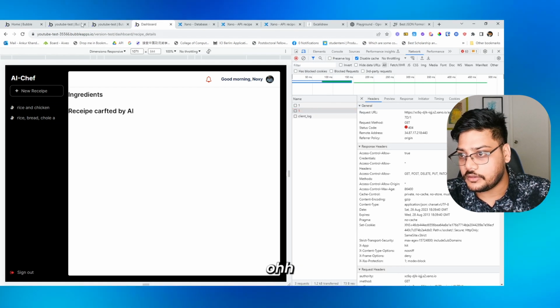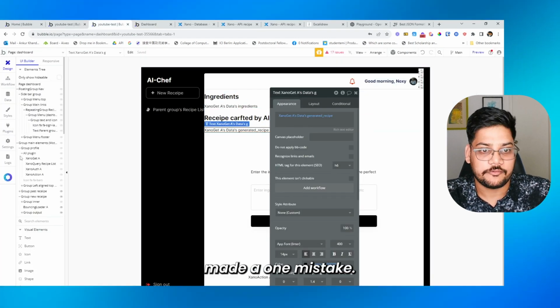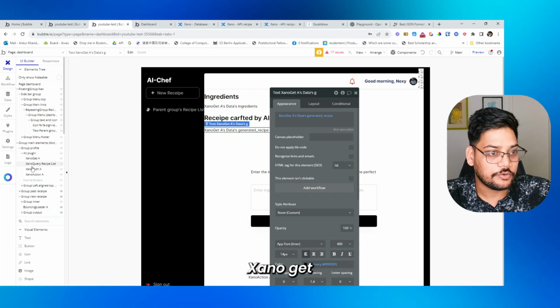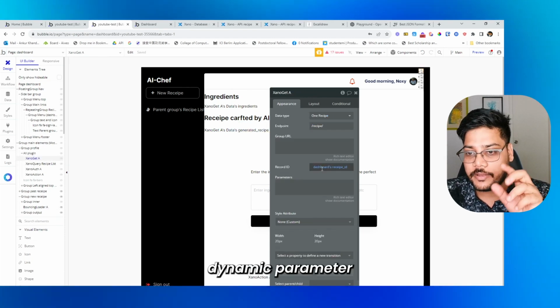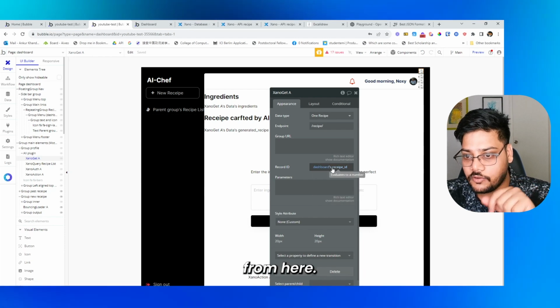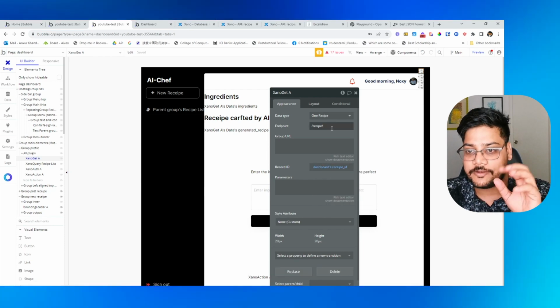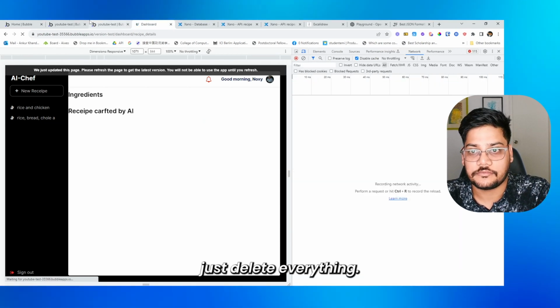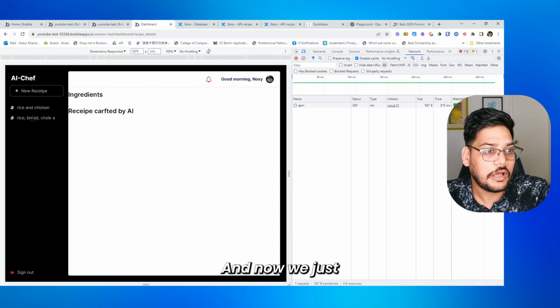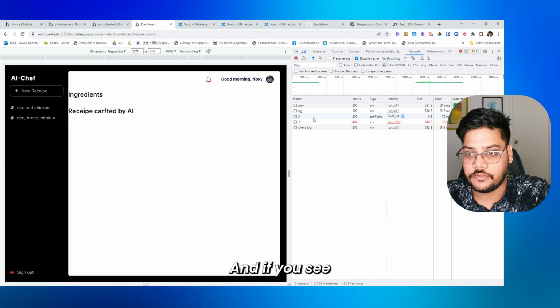So if you see, oh, we have made one mistake. If you go to the Xano get, this is a dynamic parameter, and the dynamic parameter we are passing from here, so we don't need to statically pass that value. So we'll just refresh it, just delete everything. Now we just click again, and if you see 3,